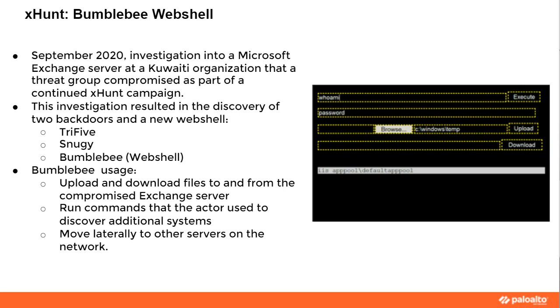It's also important to mention, I've been asked many times over the past several months, why was Bumblebee named this? The reason we named it Bumblebee is because, as you can see in the screenshot, the web shell includes a color scheme of white, black, and yellow. So it seemed to fit really well, and that's the consistent color scheme that the entire web shell has as we watched it propagate in the environment.